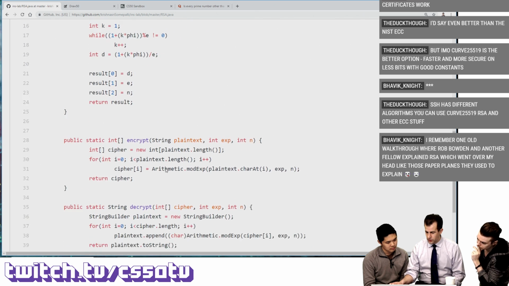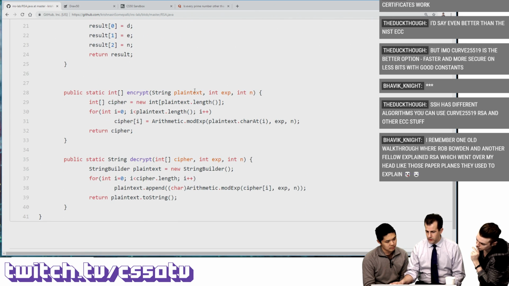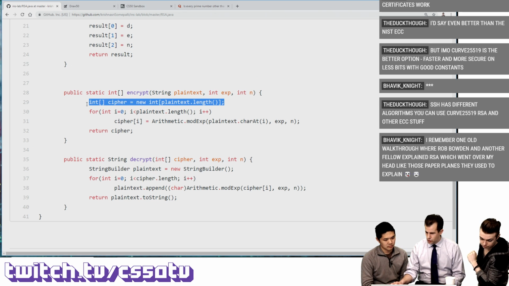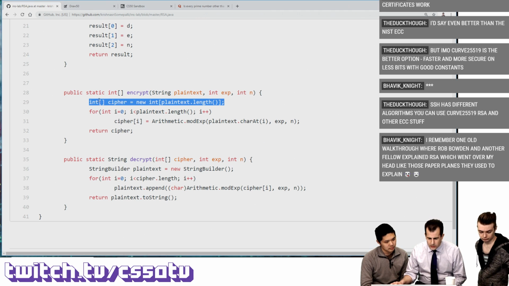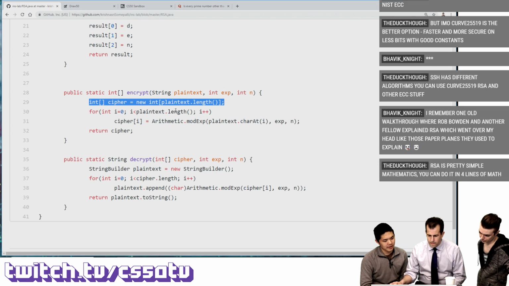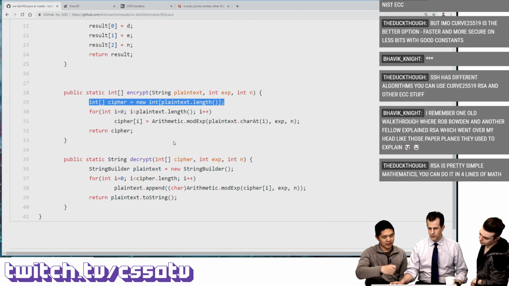And then the encrypt function seems to take in 3 different inputs here. What are we doing here? Plain text length. So we're initializing an array that's the identical size to the plain text, which is interesting. Let's see what's going on here. Are they performing math on each individual character? Yeah, they're going 1 character at a time through the plain text and taking its exponent